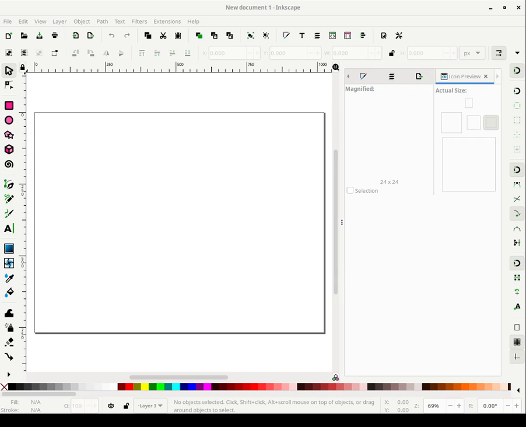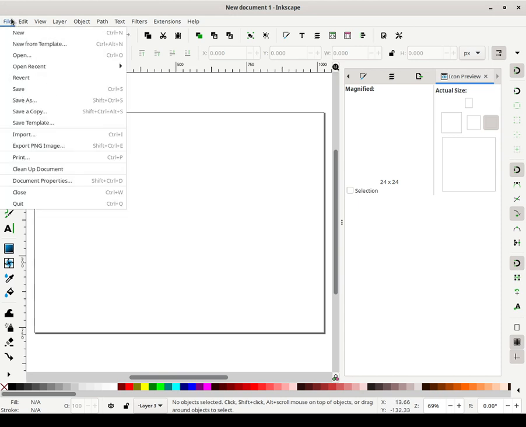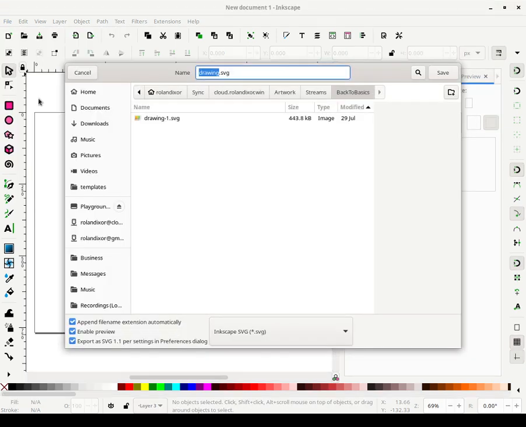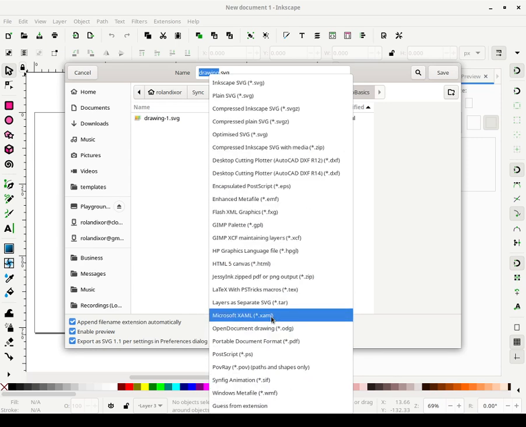One of the first things I want to let you know before we jump into details is that Inkscape does not support HTML and CSS output, at least not as far as I'm aware. Let me just double check that before I go any further. I don't think it does. I've never seen it anywhere in here. So let me just quickly run through these output formats.